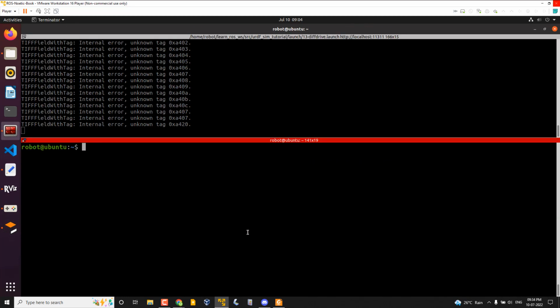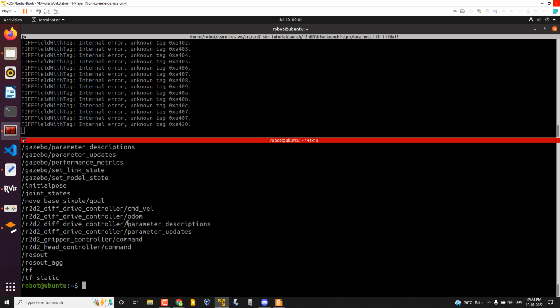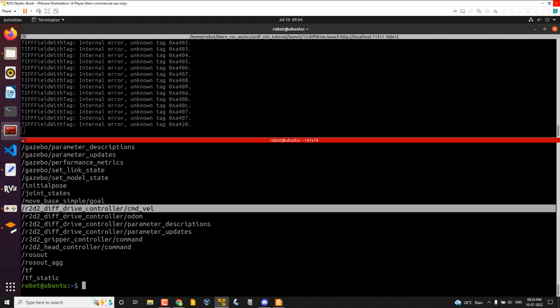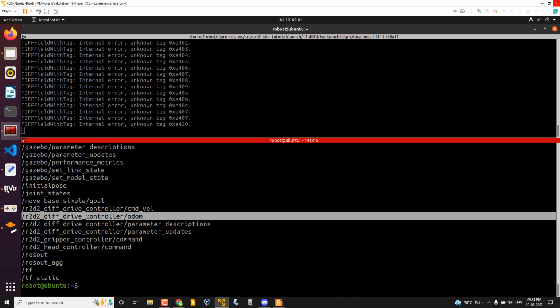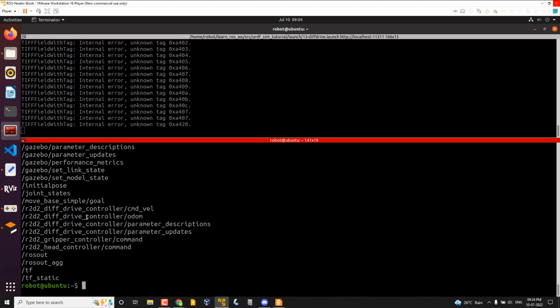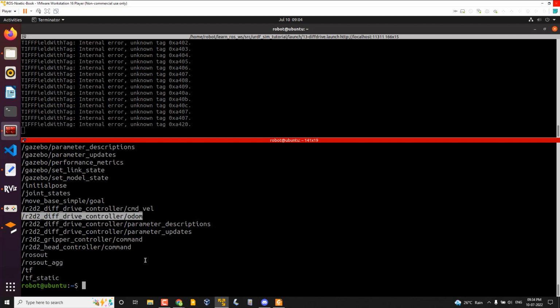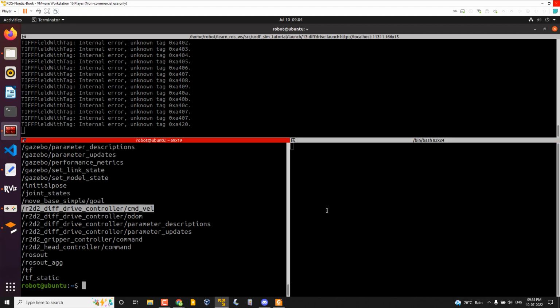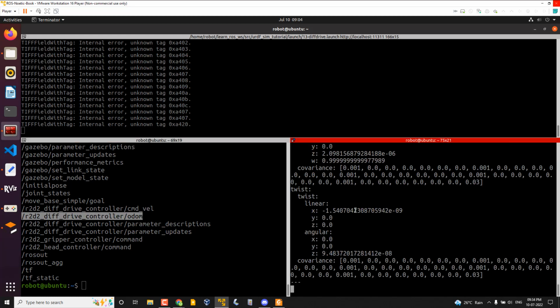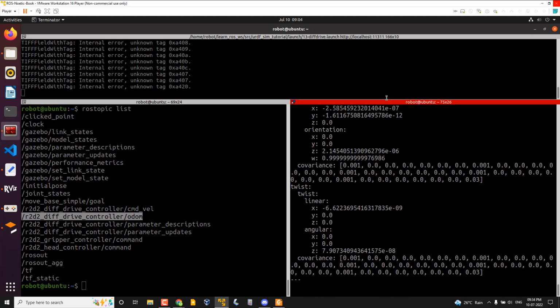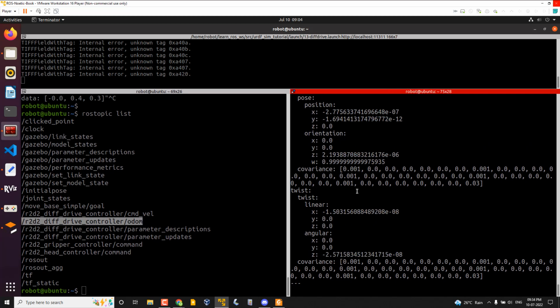And in order to publish the command velocity, maybe I can show you. If you check the rostopic list, you can see these topics from the differential drive controller: command velocity, then odometry. These are the important topics. The odometry is published by the controller, and command velocity is subscribed by the controller. If you do rostopic echo odom, you can see the current pose of the robot. Currently, I think we didn't move,